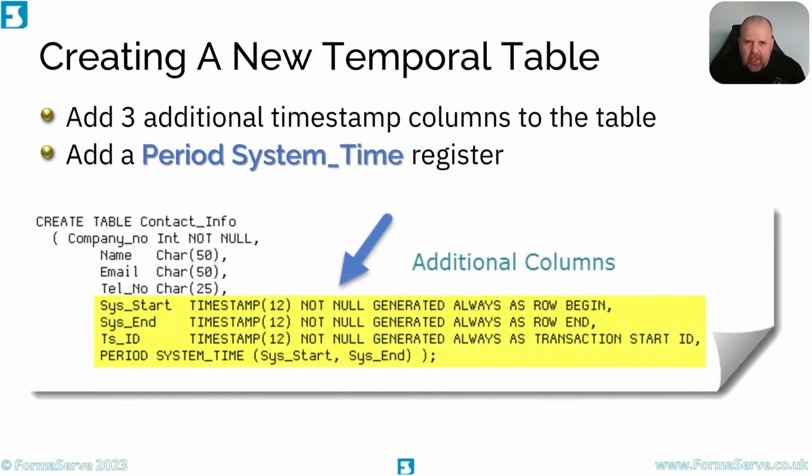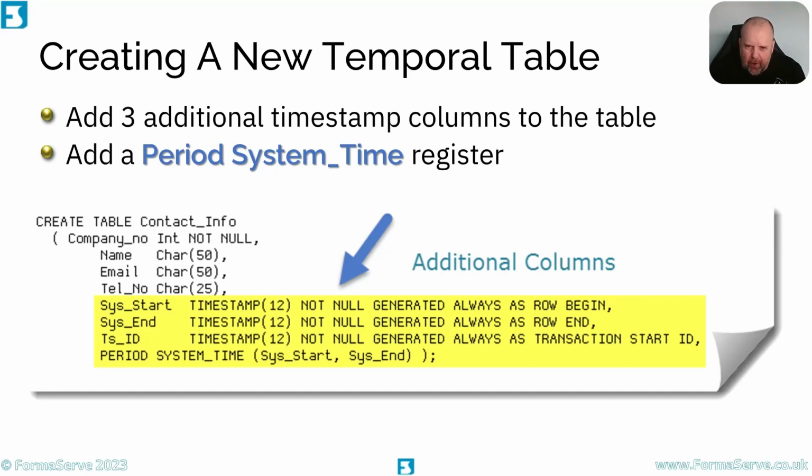Here we can see the SQL for creating a new temporal table. We add the 3 additional timestamp columns and we add a period system time register. So the first part is exactly the same. Create table, contact info in this example. First 4 fields, all standard fields. Then we have a system start column, we have a system end column,